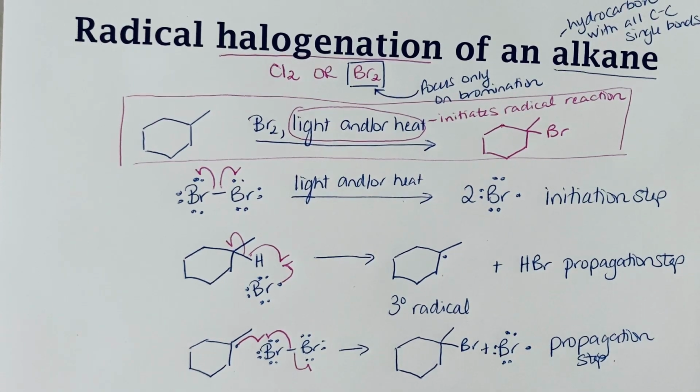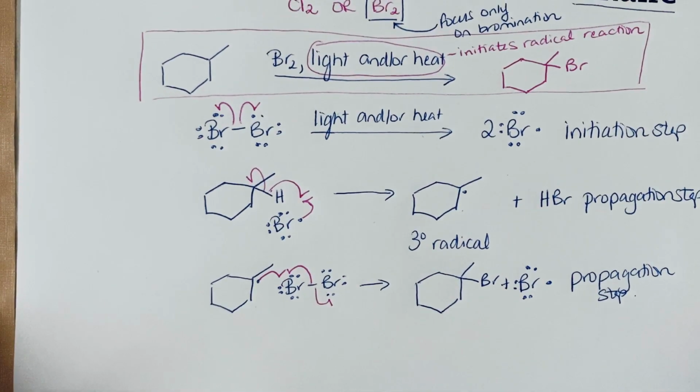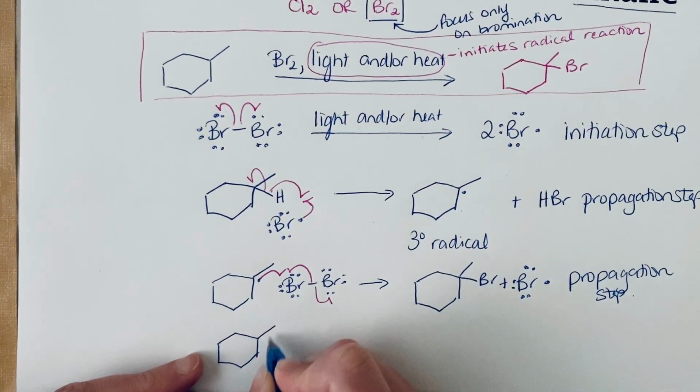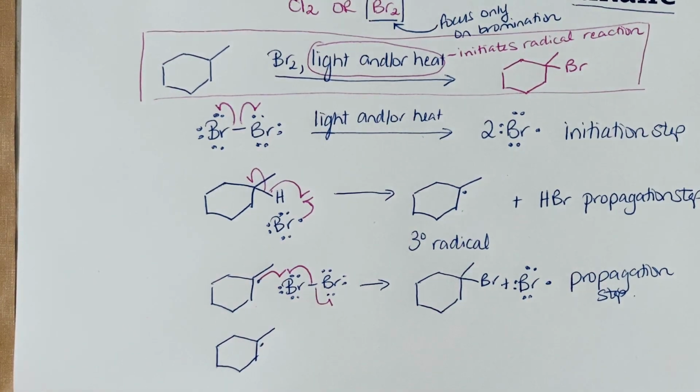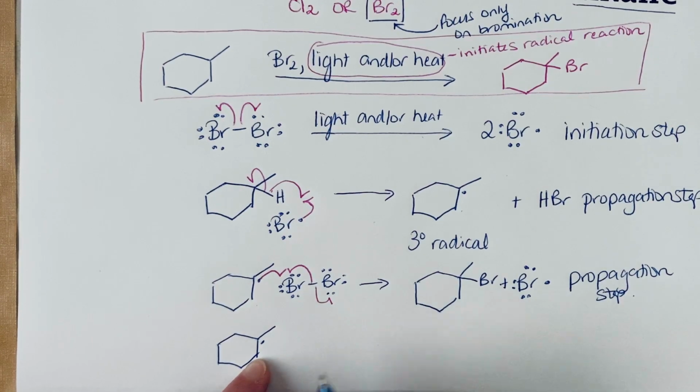I do want to show you one more step, though, to show you the last sort of step that you would see in a radical reaction that's possible, and that would be a termination step. So if our alkane radical, I like to draw steps that are productive leading towards product. So if this were to encounter maybe a bromine radical instead of a bromine molecule,